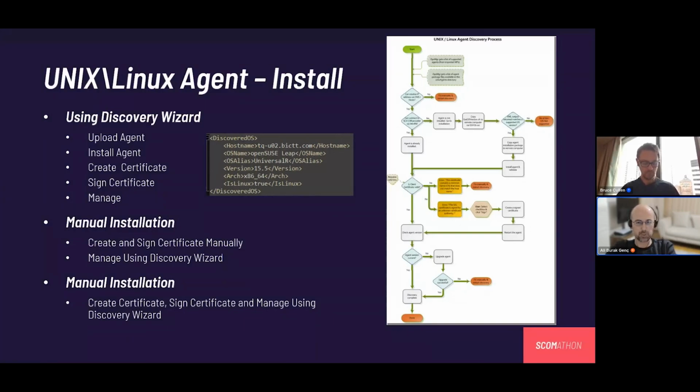Either way can be chosen according to the requirements or the policies of the company, because I know that Linux admins mostly have different teams and they have different ways to do things, and you will just find a common way to proceed when you start using SCOM in a Linux environment.